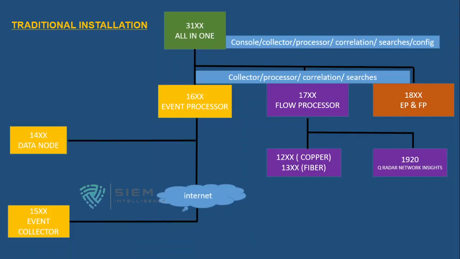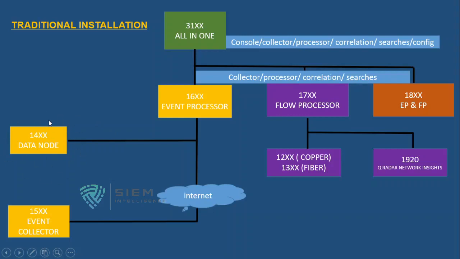There is something called a data node. This particular event processor will also keep the data in the system itself. In this system there may be another SAN, or another area where it stores data. Instead of that, you can place a 14xx. It is a free of cost module. Not that the license is free, but the component is not free. You can purchase it and place it here for all logs to be collected, and from here you can take out the searches. The searches can be made through the data node.